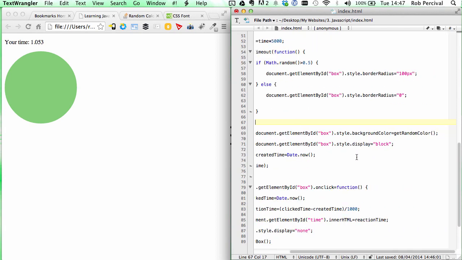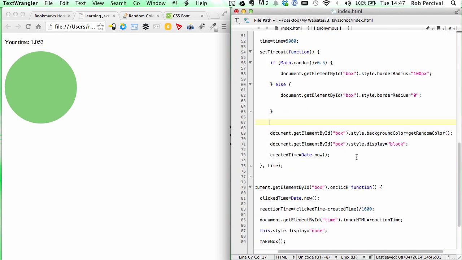Okay. Let's give this a try. So again, we want to get the element box by its ID. And this time we want to set top to,